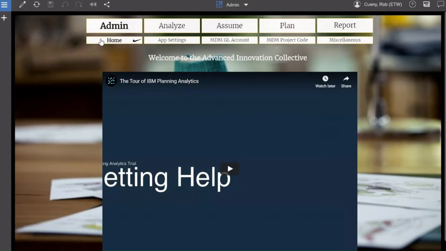So for this, we're going to walk through some of the navigation for the navigation panel up top, and then we're going to show you the objects that we have in the different worksheets. You can see based on the bold on the home and admin that we're in the admin workbook